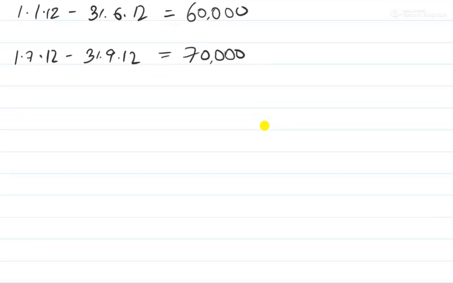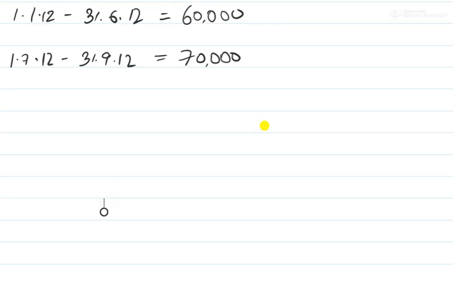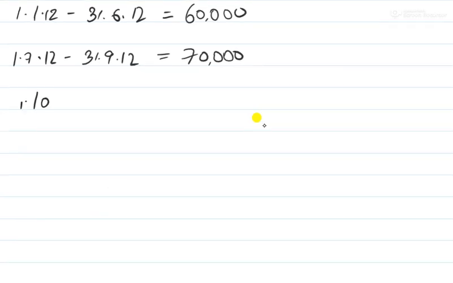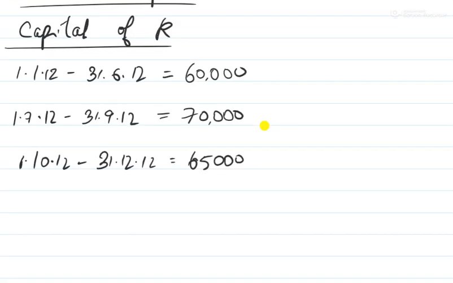Lastly, what did he do on 1st October? From 1/10/2012 till the end of the year, 31st December 2012, what did he do? He withdrew. How much of the capital? 5,000 of the capital was withdrawn by him. It means from 70,000 his capital became 65,000. Clear? Now let's calculate the interest, and the main thing to be kept in mind is the number of months.